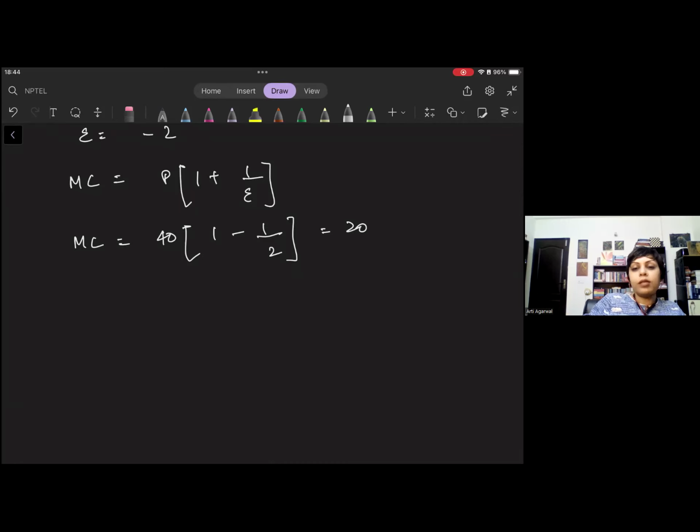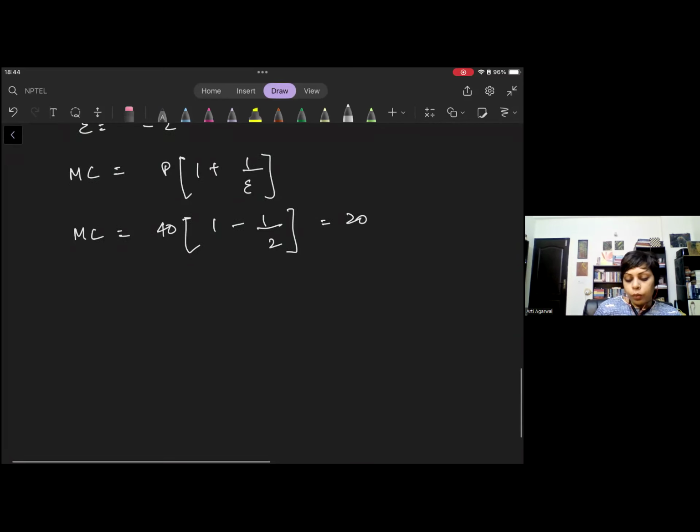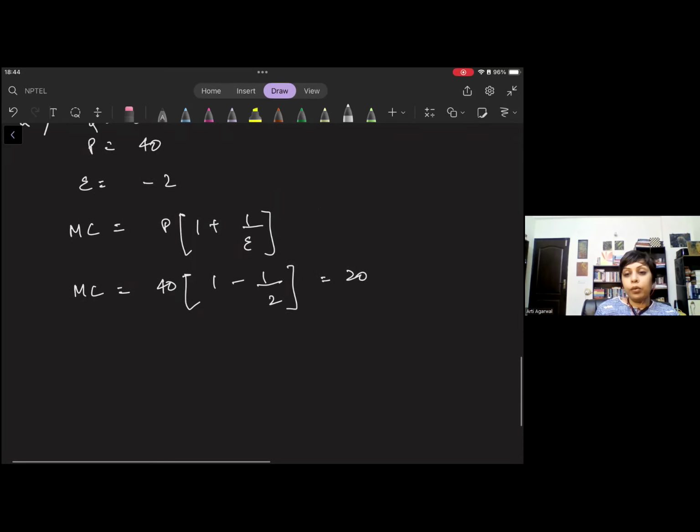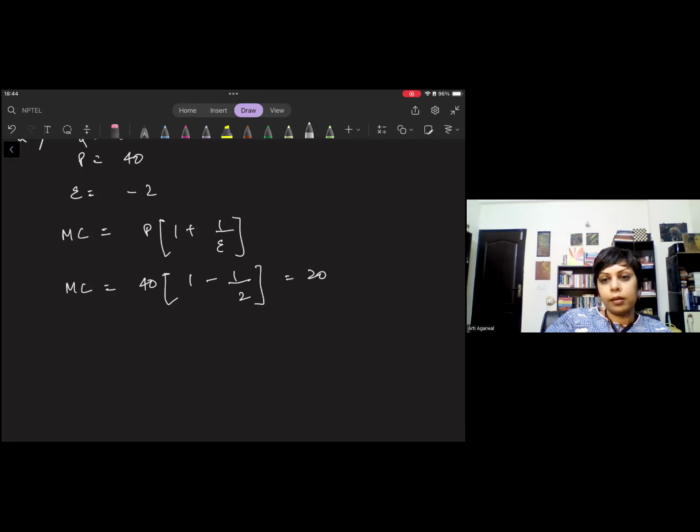So if you are given marginal cost and price, and then you're calculating epsilon, you will get it with the negative sign. I really don't recommend using it with the mod, because many times people mess up the sign in that. So I would really not encourage you to use it with the modulus, because a lot of times you don't know when to put the sign in that case.